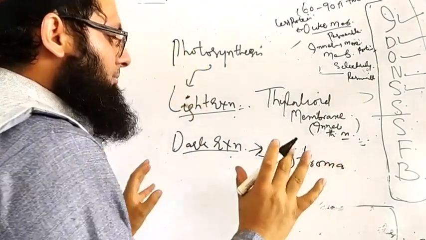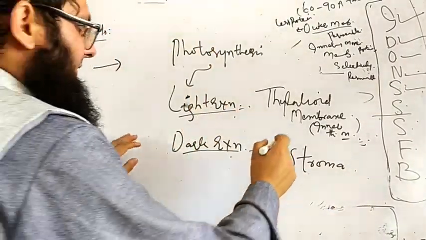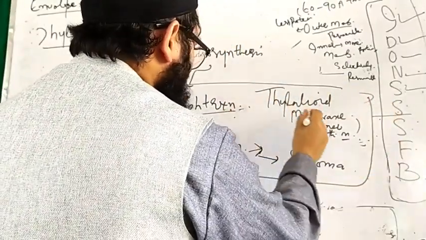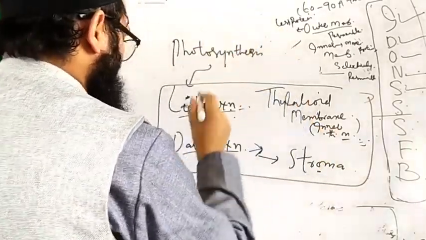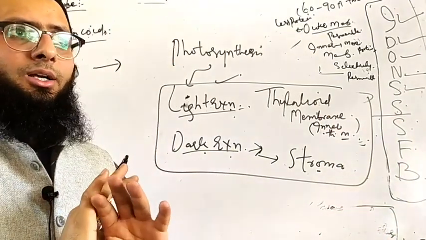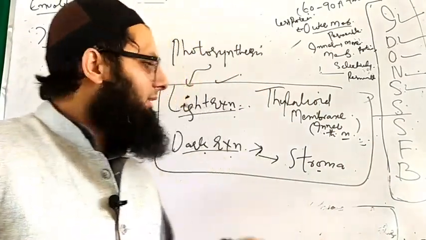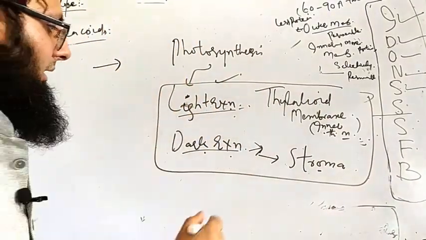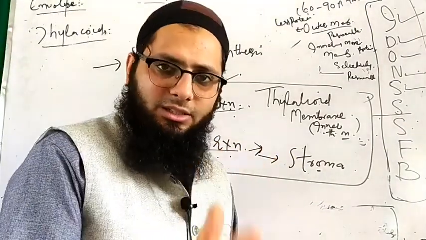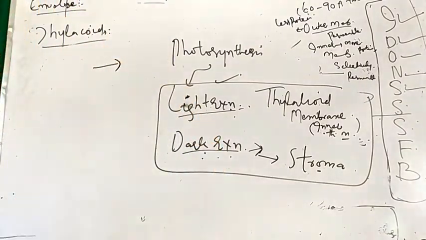So this is the most important part of this chloroplast. It's often asked in the examination, so you have to remember it for your NEET examination. Don't get confused. Light reaction, thylakoid membrane, and dark reaction in stroma. Very important. Sometimes the option thylakoid lumen is also given, but not the lumen. You have to outrightly say that no, it's the thylakoid membrane, not the lumen, where the light reaction takes place, and it's the stroma where the dark reaction takes place. That's why we have the enzymes for the C3 cycle or the Calvin cycle, as far as the dark reaction is concerned.